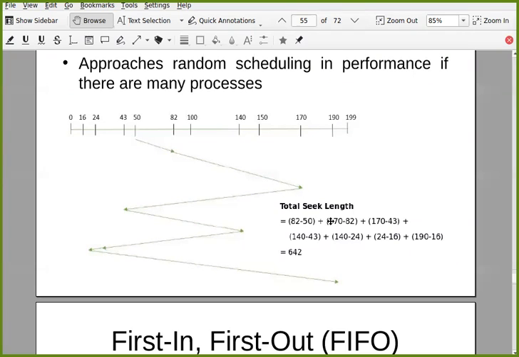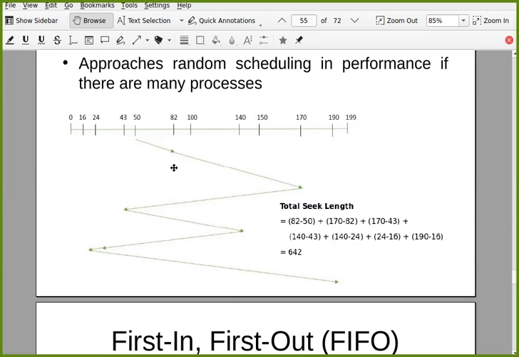We are going to find the total seek length. Why are we focusing on seek length only? Because that is the largest component of the disk IO operation. Seek time is the largest component compared to rotational latency and transfer time. So we are focusing only on seek time, and trying to find the policy where we can get less seek time.